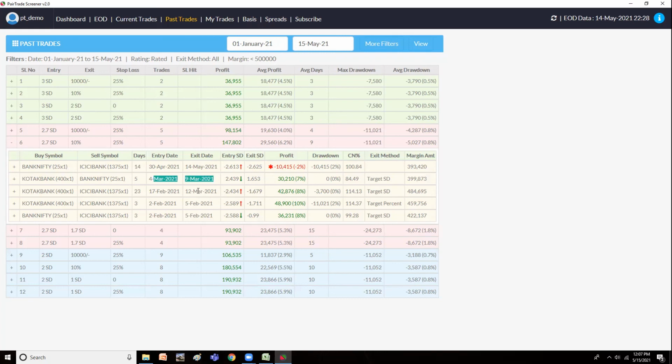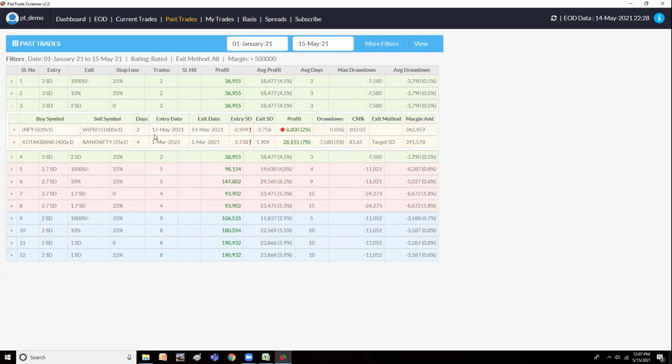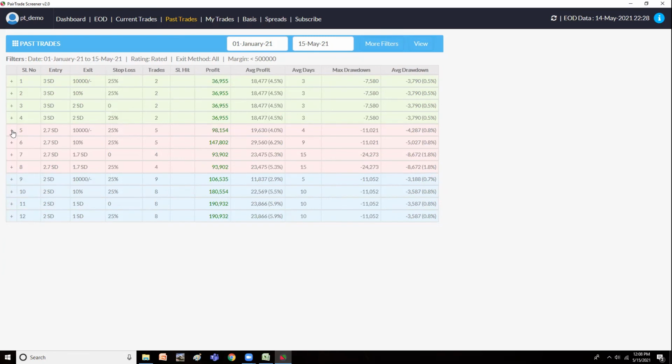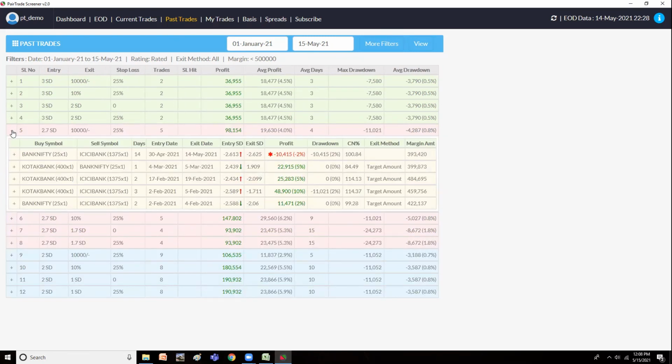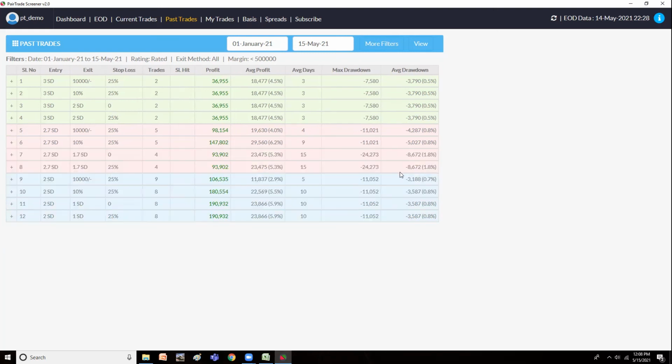Again, similarly, after 12th March, you got one at 30th April. Here also, if you see, this is a new trade, 1st March. So this is also the same, 1st March to. So if we are trading with only 5 lakhs, then you would have missed at least 2 to 3 trades here. That's why you need a little higher margin for pair trading, so that you could take whatever opportunities are coming.